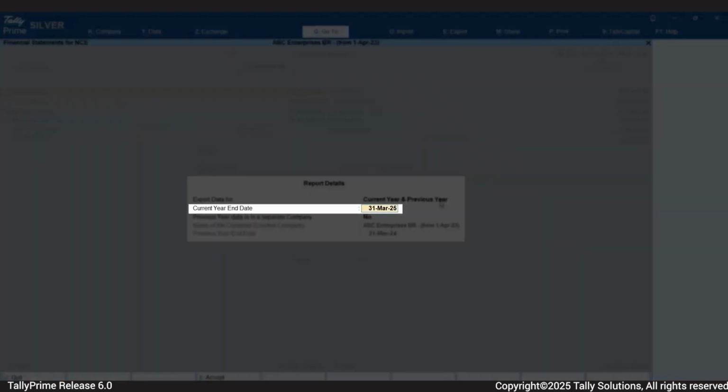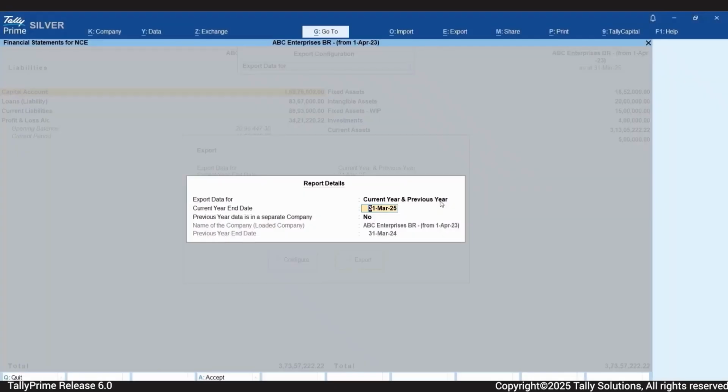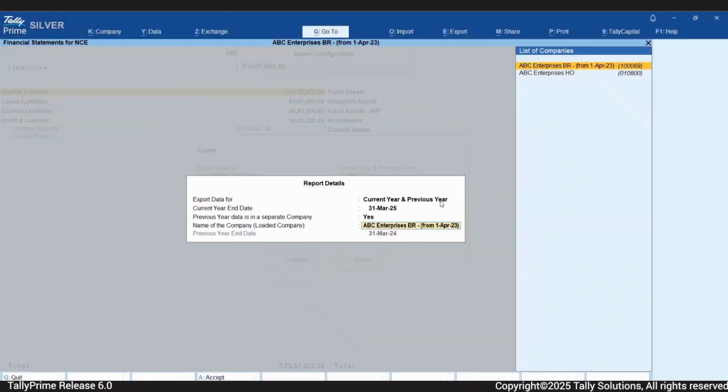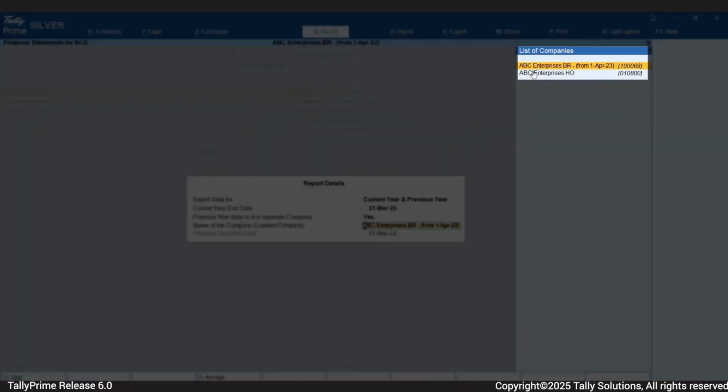In current year end date, update the date if required. Note that if the date is earlier than the company's books beginning from date, the exported data will be blank. Set previous year data in a separate company to Yes if needed. Then, from the list of companies, select the company name.